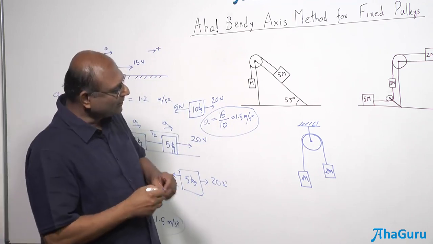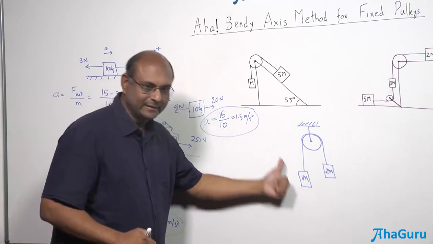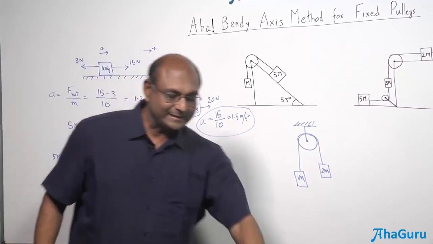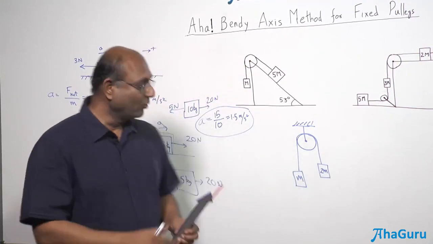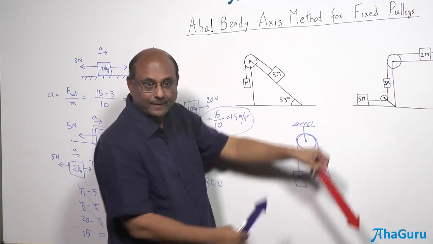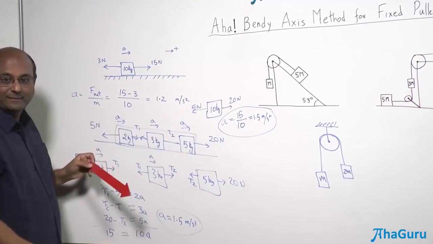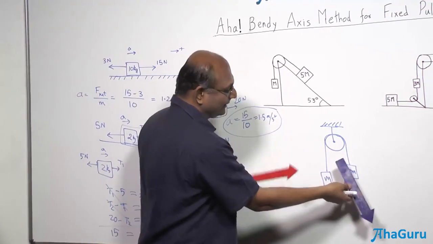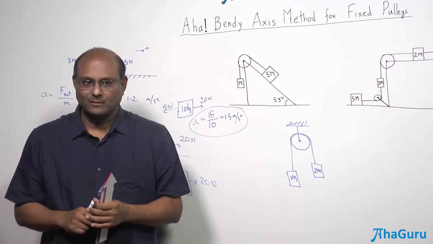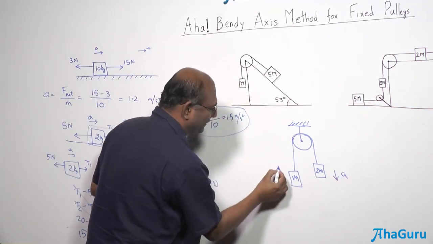Right? How will we solve this problem? 2mg t, and then you will say mg t, and you will say this has an acceleration down and that has an acceleration up. So are these accelerations equal? No, because if this fellow's acceleration is down and that fellow's acceleration is up, clearly they are not equal. Unlike in this problem where this guy's acceleration and that guy's acceleration were in the same direction, here the accelerations are in opposite directions. But are they the same magnitude? Yes. Okay, you know that this is moving with A and that is moving with A.